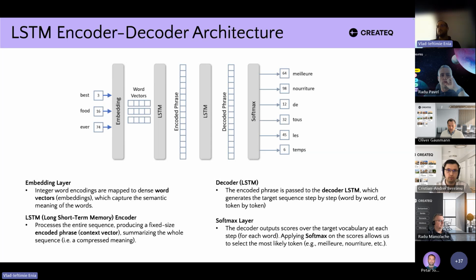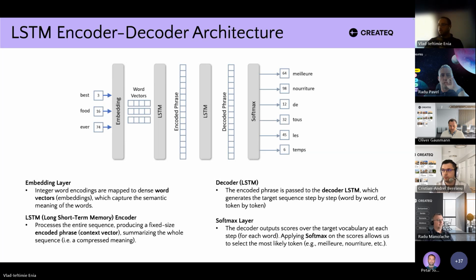It is fixed size, so whatever the size of the input sequence is, the output of the encoder is the same size. And this output of the encoder basically summarizes the whole input sequence. This input sequence, after it is done, is then fed to the decoder, which will give us step by step, word by word, the most probable word